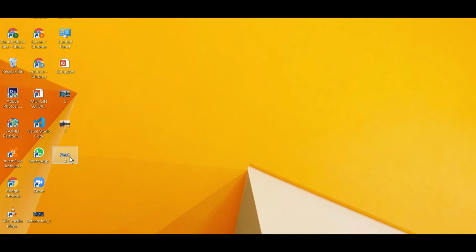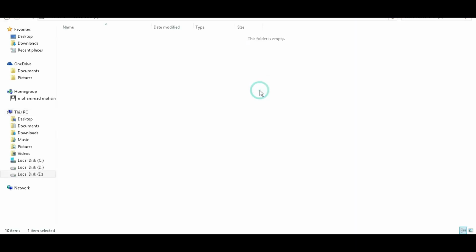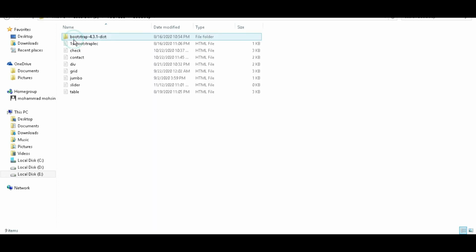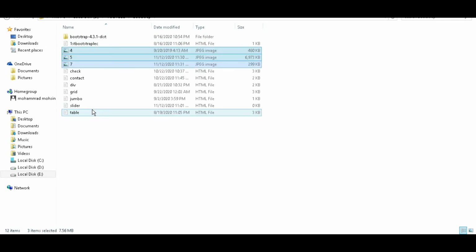I have to cut this and paste it in that folder where I have already saved that file. Here you can see the type of images. If you don't know about types of images, I will also link that video at the end of this video.